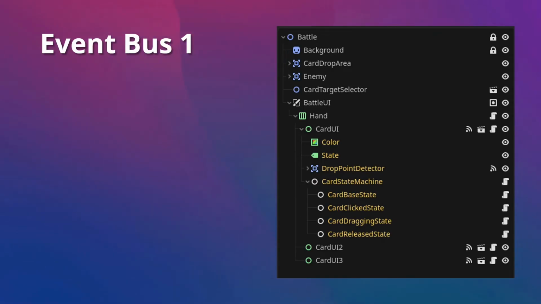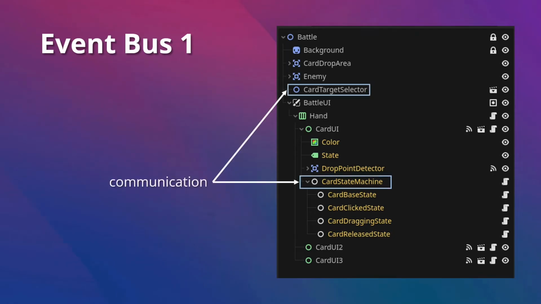So if you think about it and take a look at the scene tree, we have the card state machine and the card target selector, and we need to establish the communication between those two. More specifically, we want to establish communication between the aiming state or the dragging state of the state machine and the card target selector. And we could do something like emitting a signal from the state, emit it to the